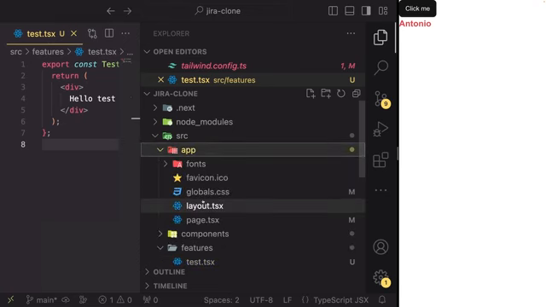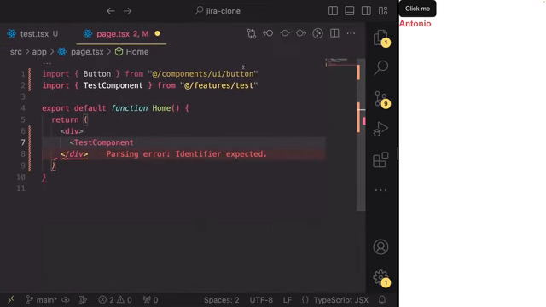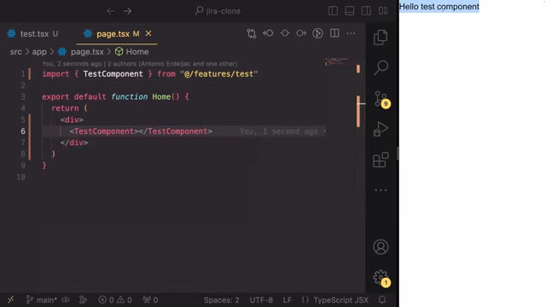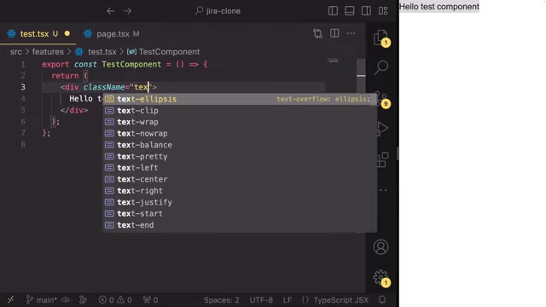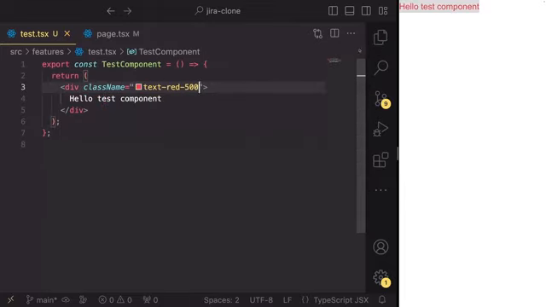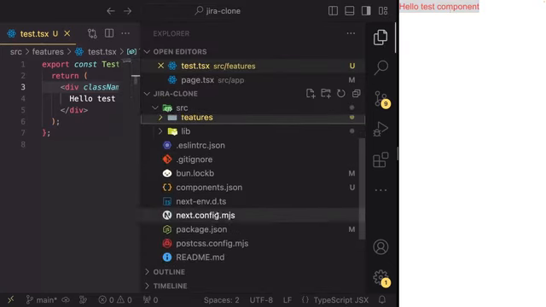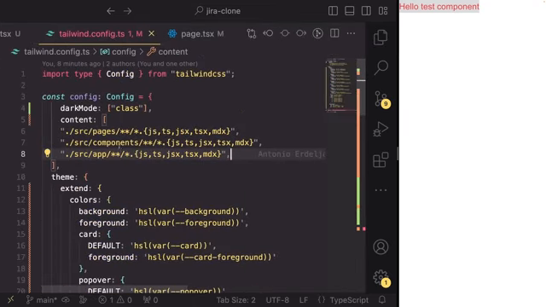Let's go inside of our app folder, inside of page.tsx, and let's import that TestComponent from features test. There we go, I have the text hello test component. And right now, I believe if I add a className here, text-red-500, it is working, right? But I think that this Tailwind config is not set up correctly, right? So let me just go ahead and go back inside of here. As you can see, this Tailwind config is only covering components